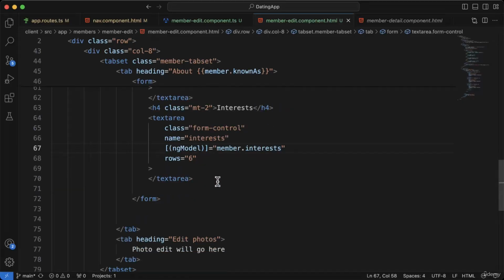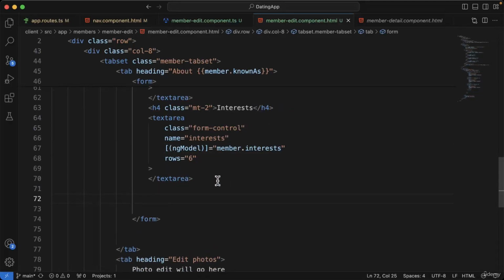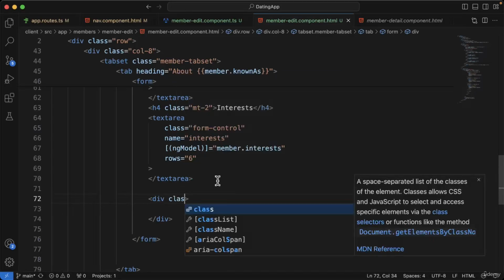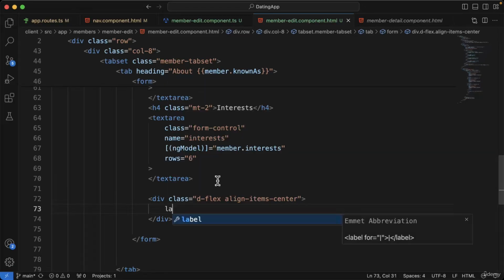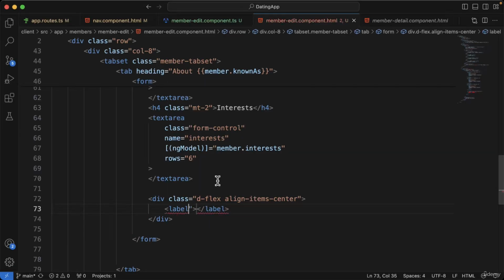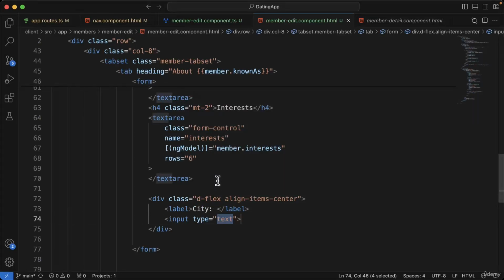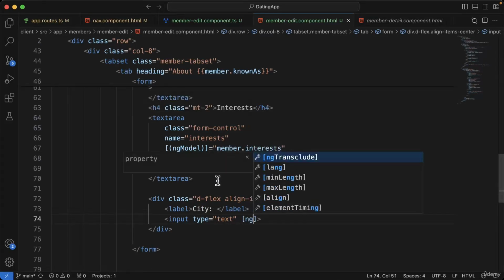member.interests. And below the text area, we'll just add a div for their location details. So I'm going to say div, and we'll give this a class. And we want this to be in a row, so we can use display flex, and I'll say d-flex. And its default for display flex is to line things up in a row rather than a column. And we're going to say align-items-center. And then we'll have a label, and I won't use the for property, and say city: and a space, and then we'll have an input that's going to be a type of text, and we'll use the ng model